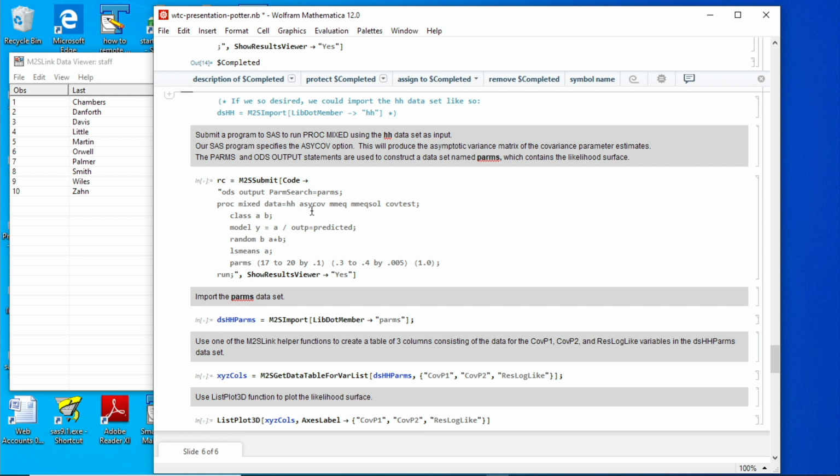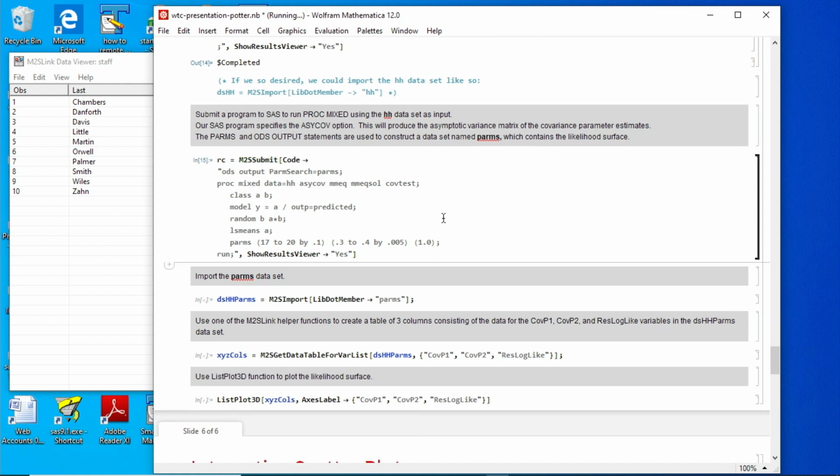And as output, we want it to generate a covariance matrix, and a table that captures the points in the likelihood surface. There's a covariance parameter estimate that's generated in the final solution, and we're going to ask SAS to take that solution and create a table that envelops that solution in a surface, so we can see what the residual log likelihood looks like. So if I execute that program,